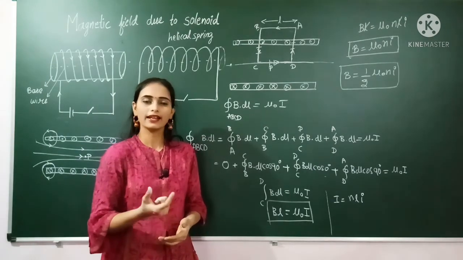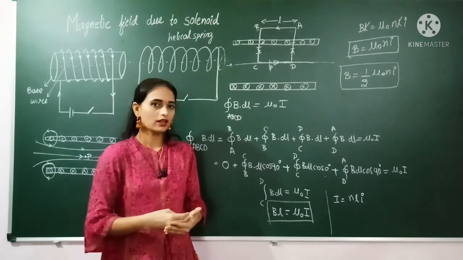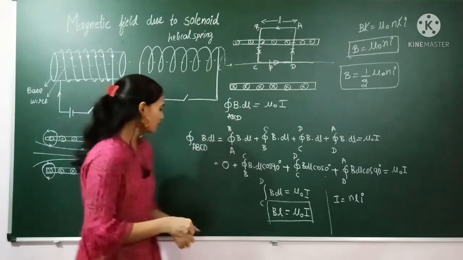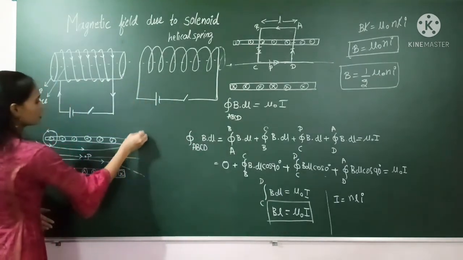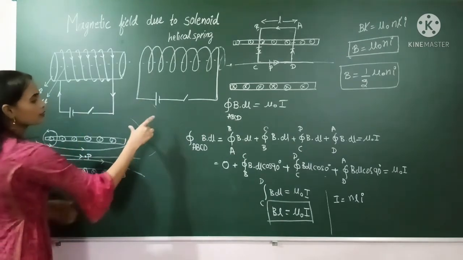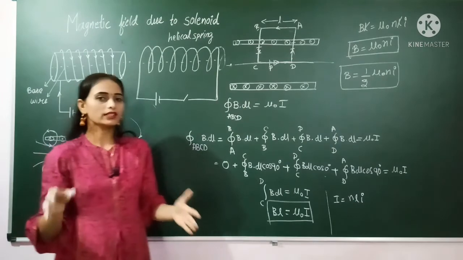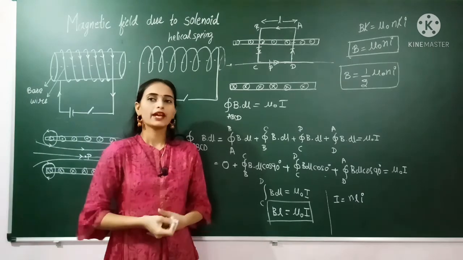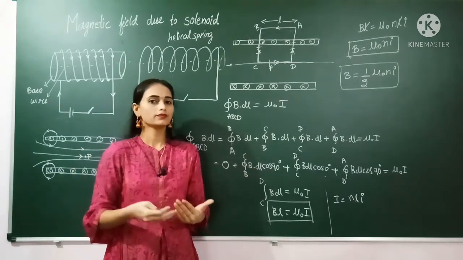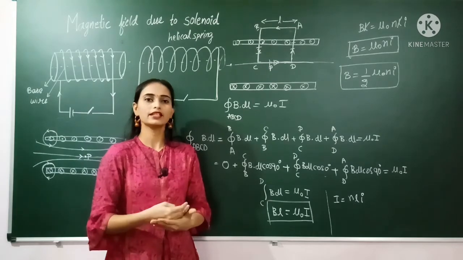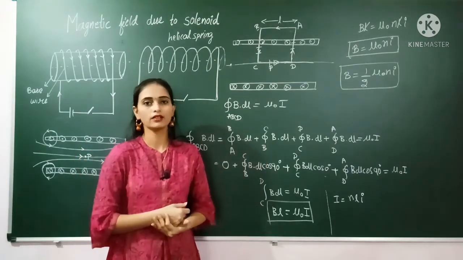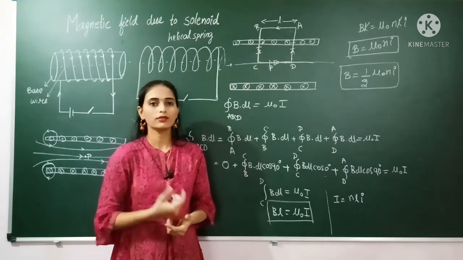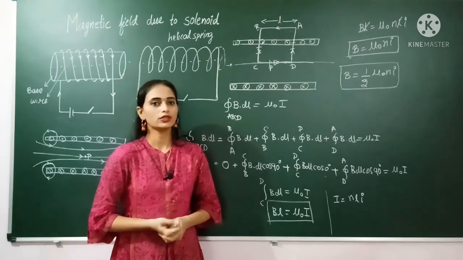Next, a solenoid can create a uniform magnetic field inside it. The magnetic field outside is very negligible, so we will consider it as 0, because the field lines are very far apart. This is one field line, and like that there is another, so the field lines are very far apart. For that reason the magnetic field outside is considered weak. So we will consider the magnetic field only inside, where it consists of parallel lines and should be a very uniform magnetic field. So where we need a uniform magnetic field, in that case we will use the solenoid. Applications I will tell you in the next video.